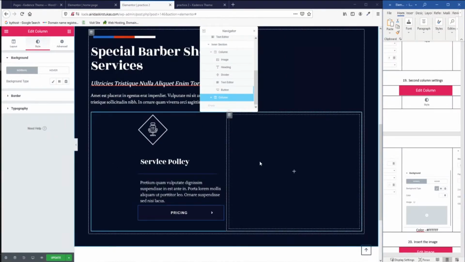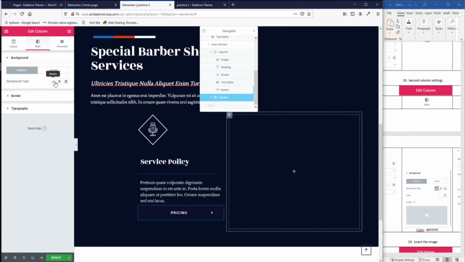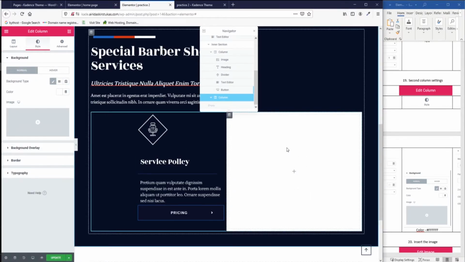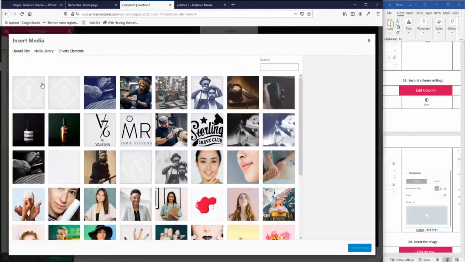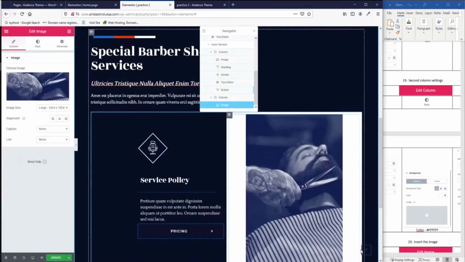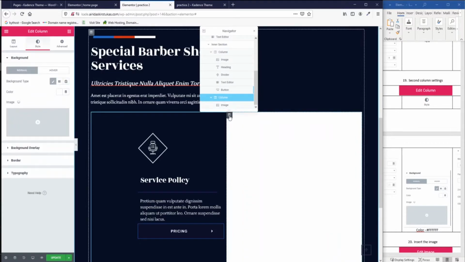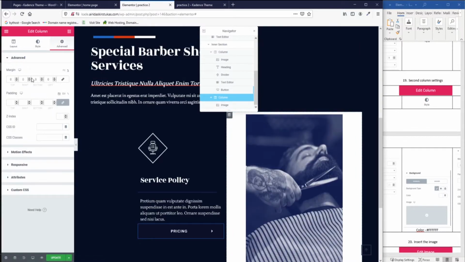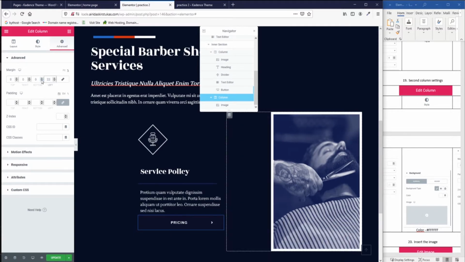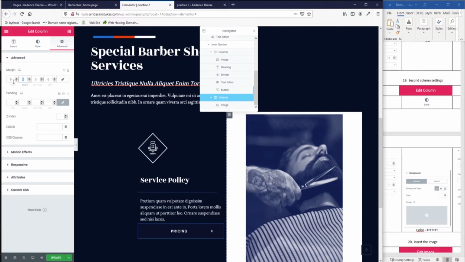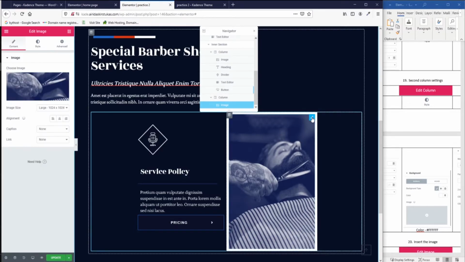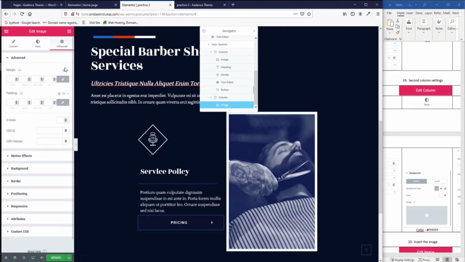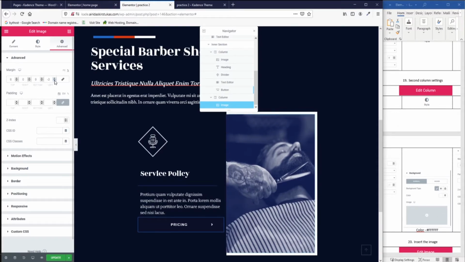So let's adjust the second column. Go to the style and then make a white color. When we've done this one, insert some image inside, select the image, this one, insert the medium. And now we're gonna go back to our edit column settings and make left 30 and make right 33%. We're going back on the image and advanced and select the percentage and just unlink the values, push left,